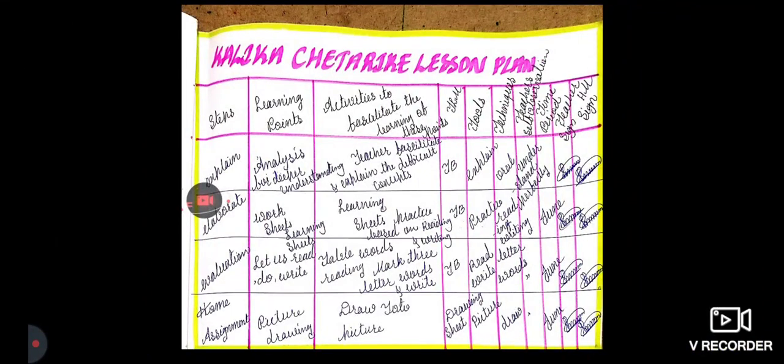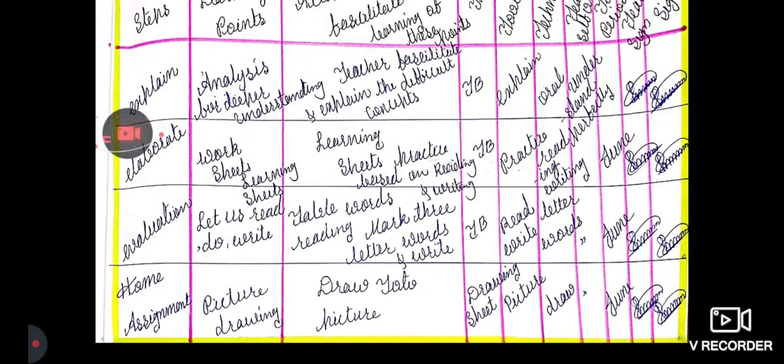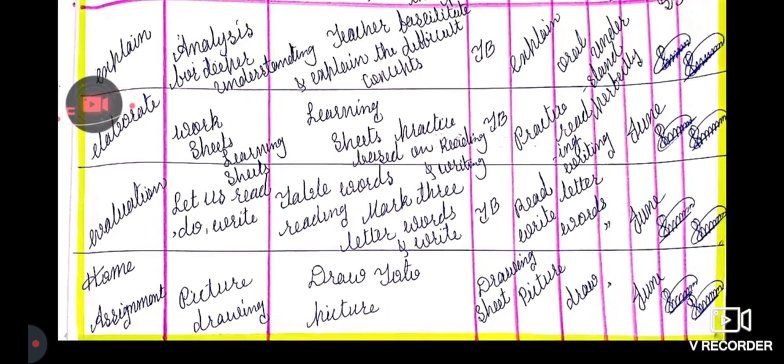And last step is home assignment. Sixth step, it is not mandatory, but if it is used, it is very good for us. Home assignment. Here we give children home assignment. Home assignment is nothing but we give not hard work, just entertainment work related to the learning outcome. That is, for example, related to this milestone second,